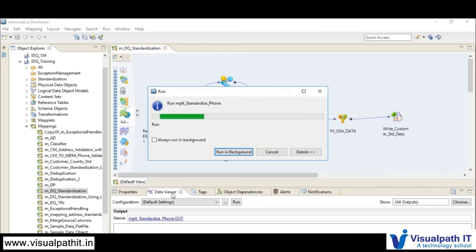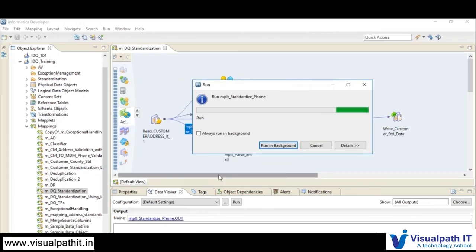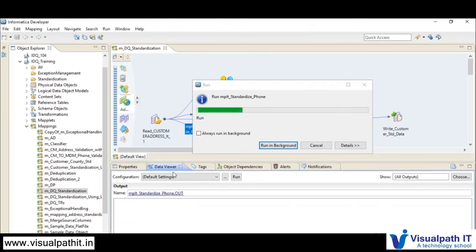You will not be prompted for any debugging thing here. Whenever you have a debugger tool, you need to respond to prompts for all the steps. It will be creating the session in the backend, and everything happens as if you were scheduling the workflow. That is a time consuming and memory consuming operation. Here we have a data viewer, which straight away examines and provides the results. It's a user friendly option in Informatica Data Quality.